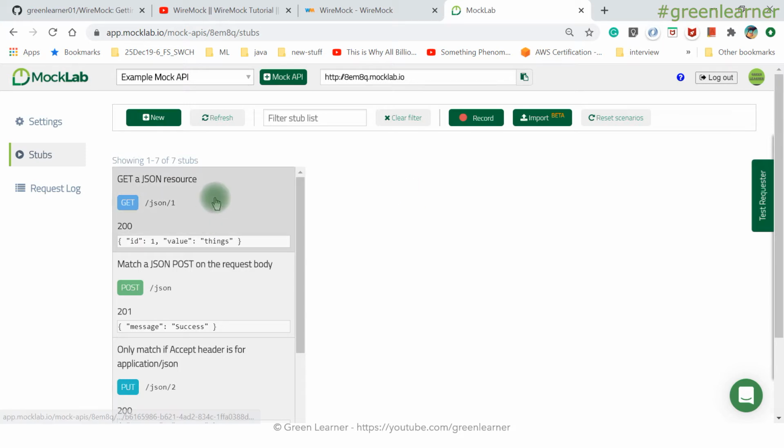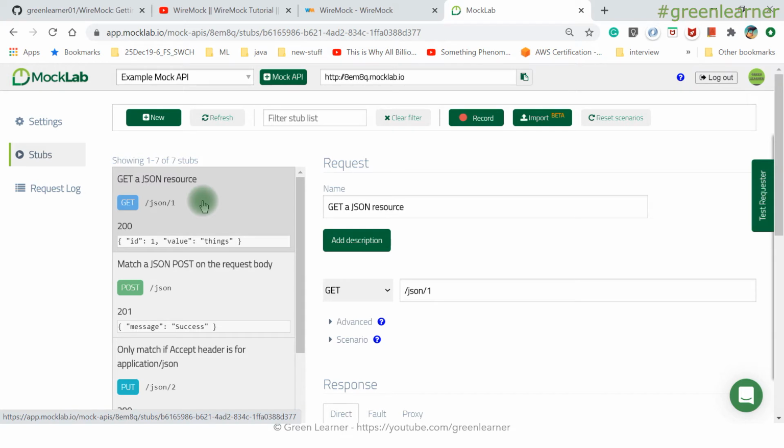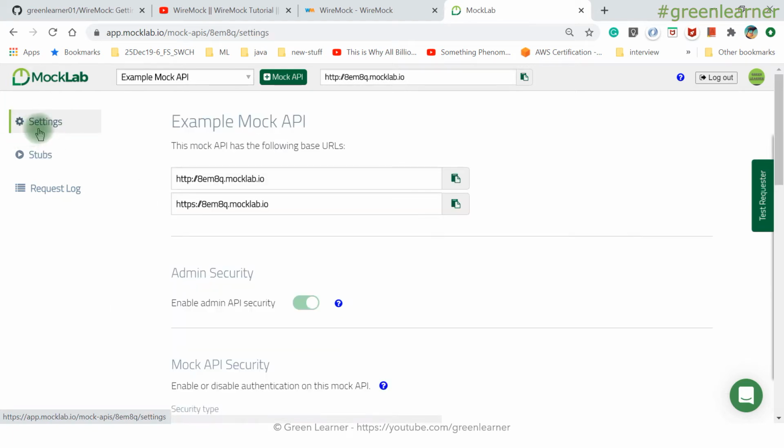When you come to this home page, this is the sample stubbing that they have already given, if you want to experiment with it, right? Now coming to the point of how we can access it. Coming to the settings section, let's see what is here. The mock API has the following base URL. These are the default base URLs that they have given.